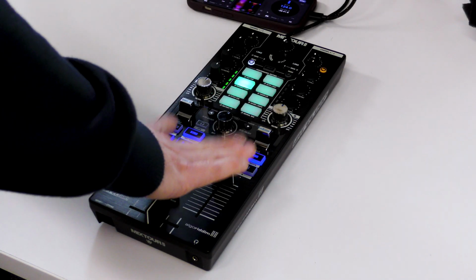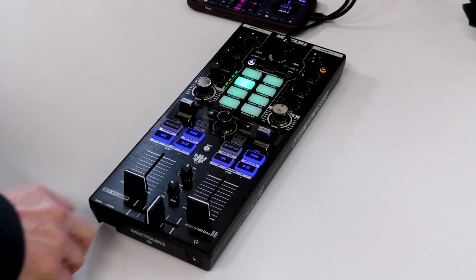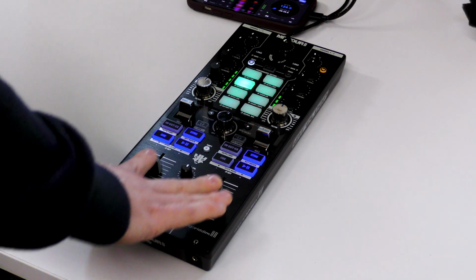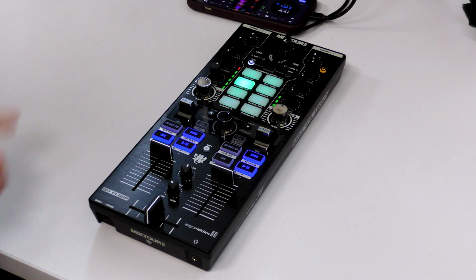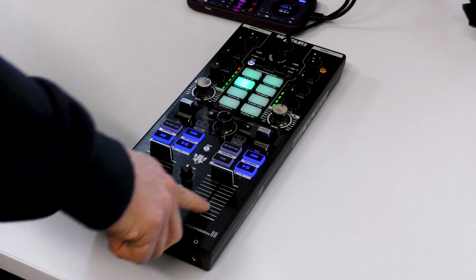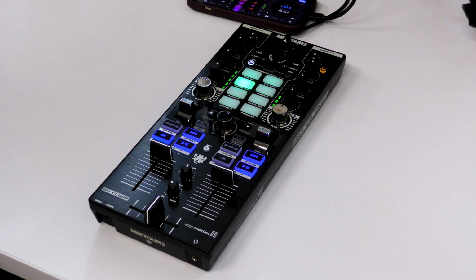Below that we have our full length channel faders, crossfader as well. Nice resistance, nice glide on these faders, very smooth action. Nice full size, full length as well, something you don't often see on a compact controller. So what they've really tried to do here is give the features as professional as possible in a very small